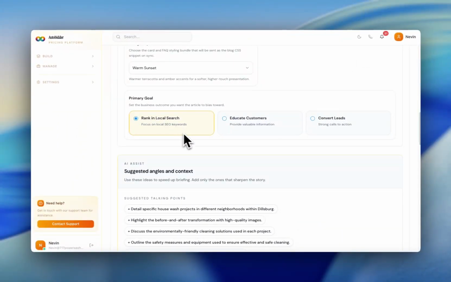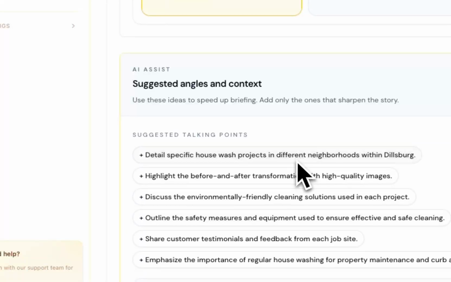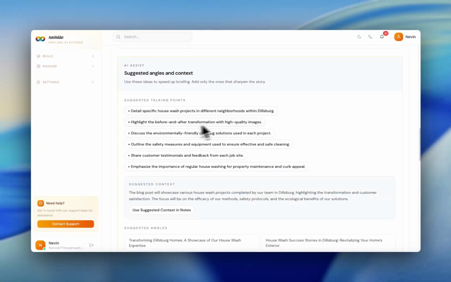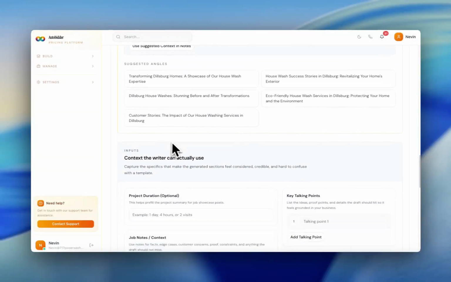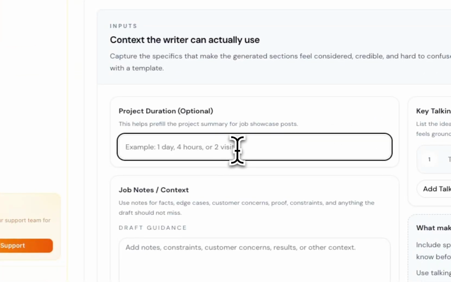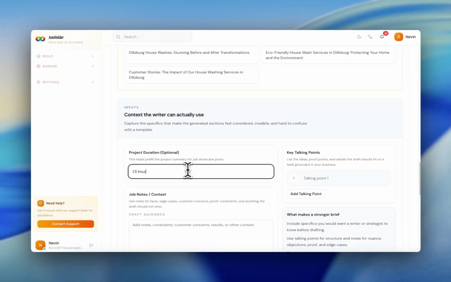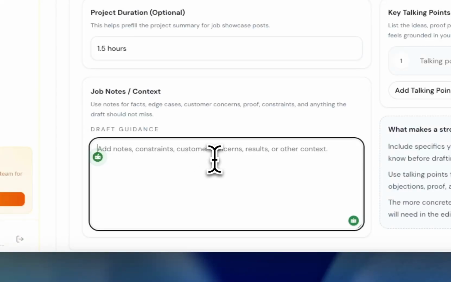We'll keep the goal of rank and local search. And now it's going to give us some suggested angles that we could use. So, detail specific house wash projects, highlight before and after. So in this case, I'll go down here, and this will have a set duration. I'll say 1.5 hours. And then for the job notes, I'll say